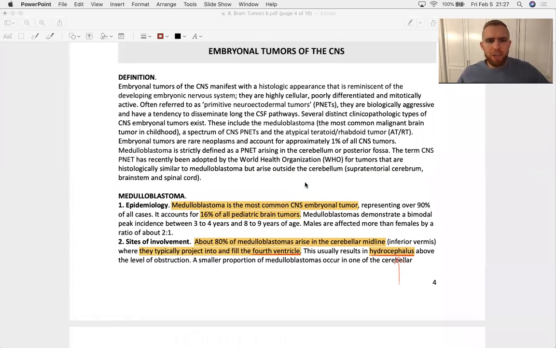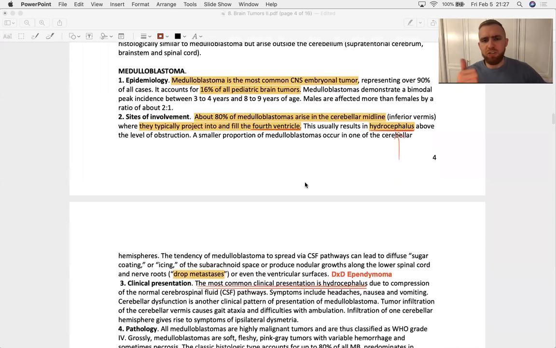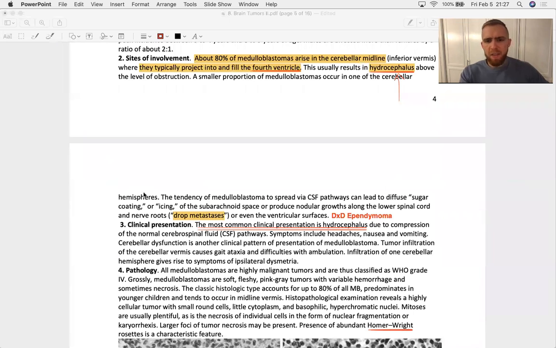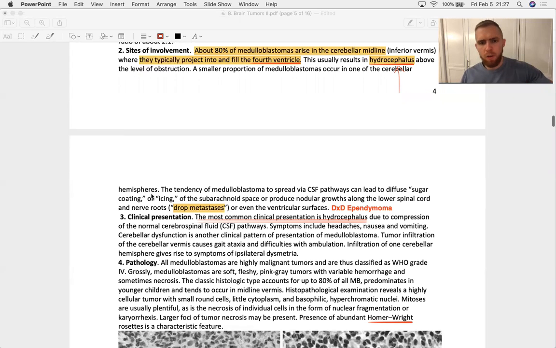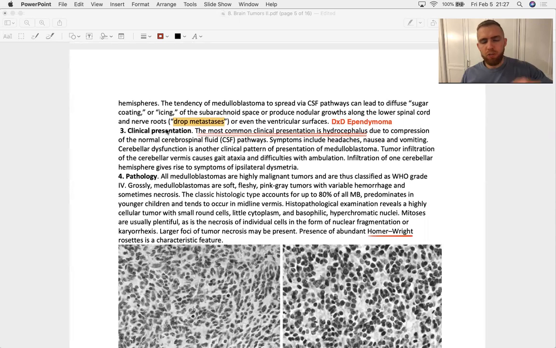Now let's talk about the medulloblastoma, which is the most common malignant brain tumor of childhood. These tend to be cerebellar. They like to project into the fourth ventricle. Therefore, they commonly cause hydrocephalus. And they do like to drop metastasize. So if you see a drop metastasis in a kid, it's a medulloblastoma until proven otherwise, because that's the most